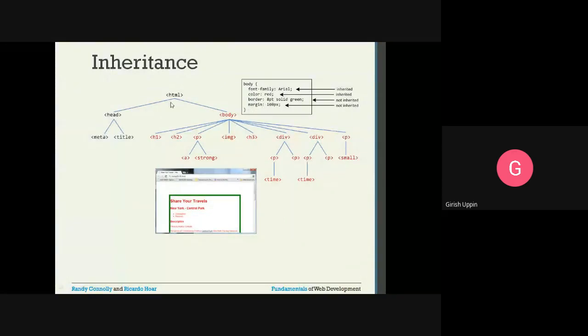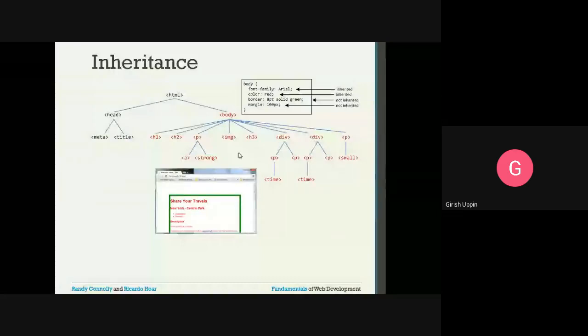So this is the structure of the HTML document. We have html, we have the head element, inside which we have meta information and the title. In the body, these are the different HTML elements: h1, h2, p, img, h3, div. There are two divs and a paragraph.